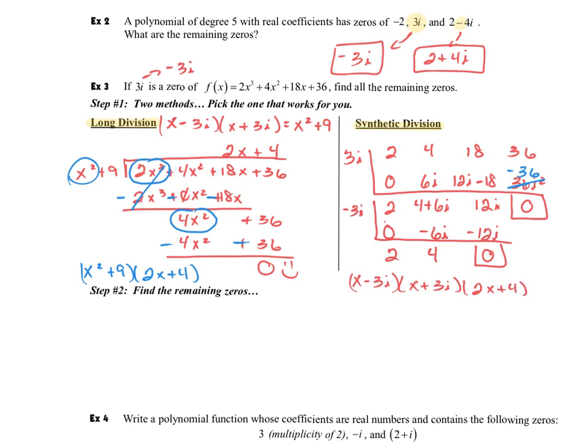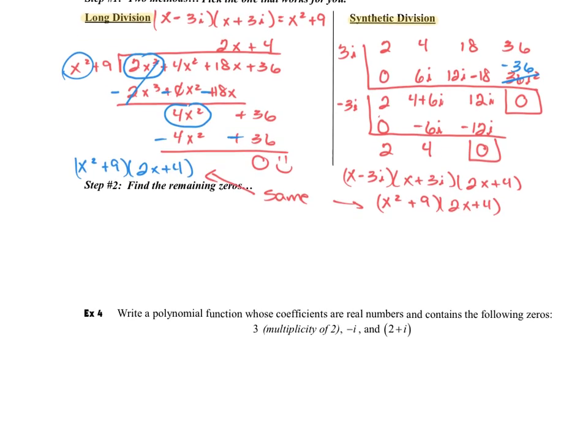4, and then of course these are going to FOIL, and we're going to do what we started with on the other technique, and we'll end up with an x squared plus a 9 and our 2x plus our 4. So you can see that we're going to get the same answer no matter which technique we use. So I don't care which one you do, but you do want to decide which one you feel most comfortable